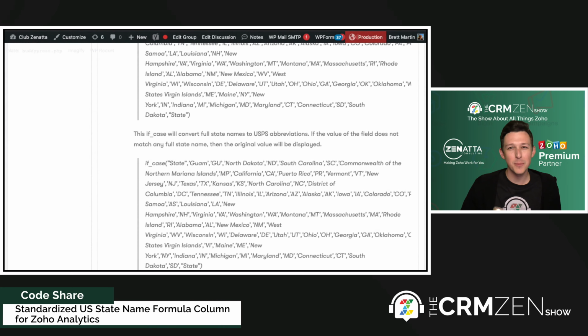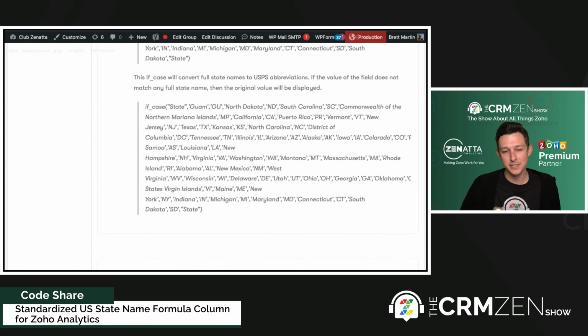It's a pretty common thing we'll find: companies come in with all these different state names, everything in long form. Maybe you want to compare it to some third party data source, but it requires the short version of the name. So in this case, we're dropping in a formula field and essentially remapping all of the long form names into the abbreviations.